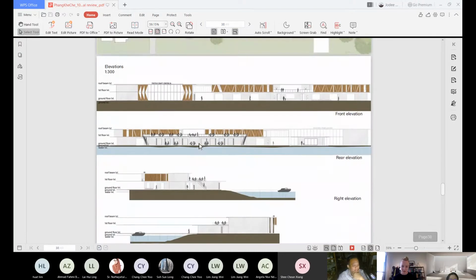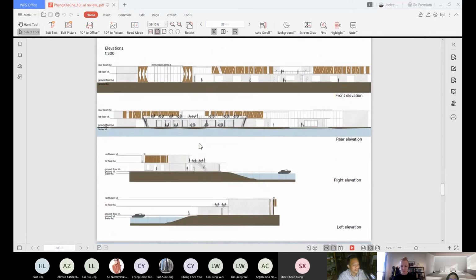Maybe you can go down and go to your elevation. Yeah, so you can see it's very unfortunate, because you have the opportunity to maybe go slightly higher, capture a better view of the river instead of this standardized 3 meter or 3-something meters floor height. If you could just make it slightly higher, and then the roof could have some level of profile rather than just this single flat line. I'm not saying that flat line is bad.